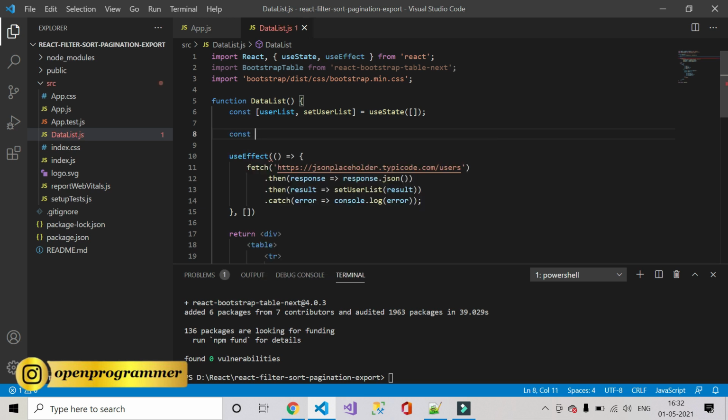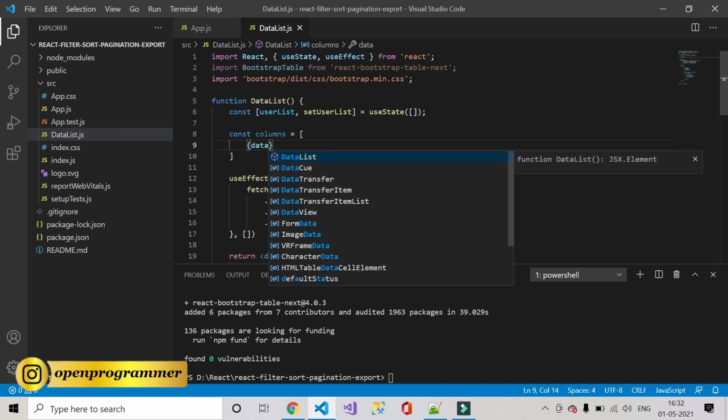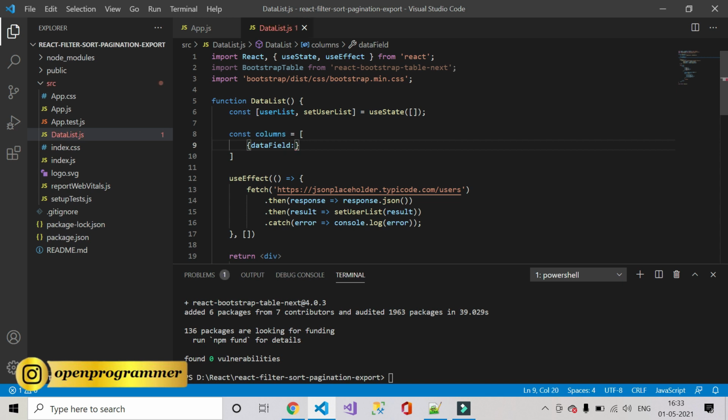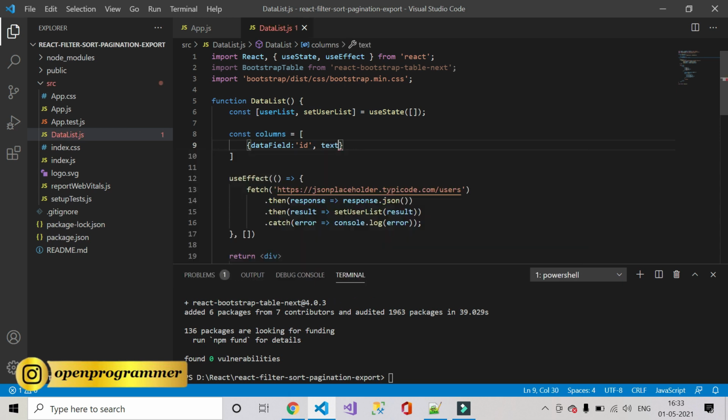So columns, it would be an array, and here the first property would be dataField, which would be id in our case, and text would be id. So this is a property of bootstrap table.